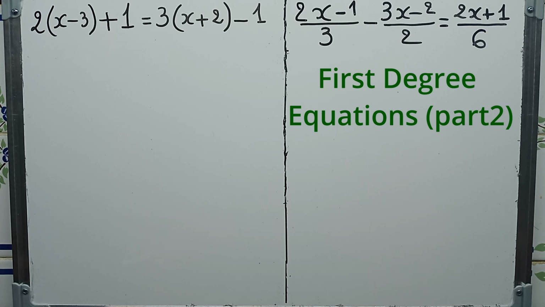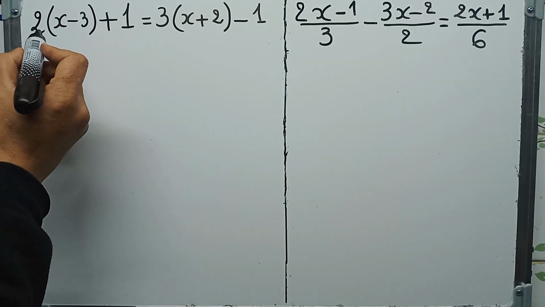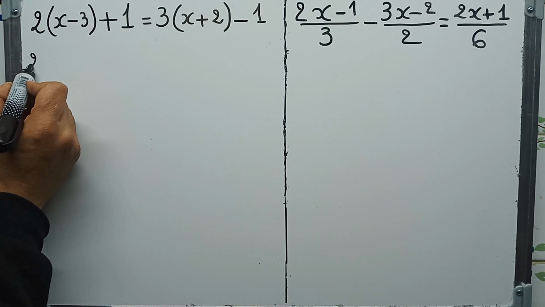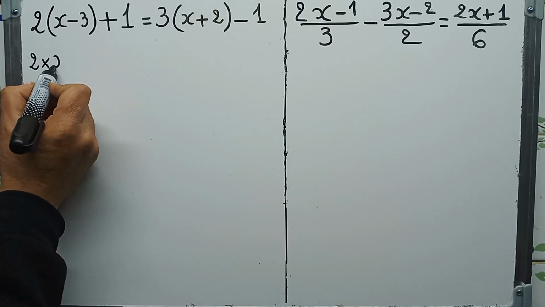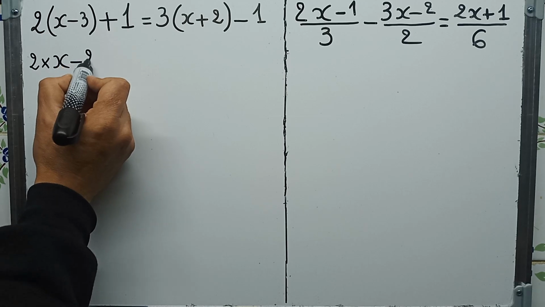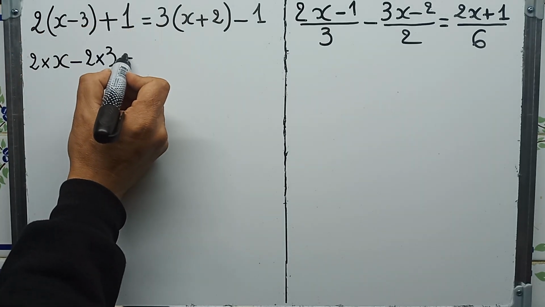Now we continue our journey with first-degree equations, this time an equation with products. What do we do when we have brackets? We first of all distribute our factors. So here we have 2 times x minus 2 times 3, plus 1